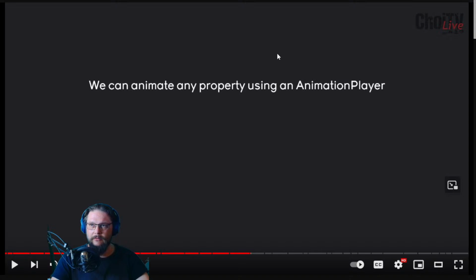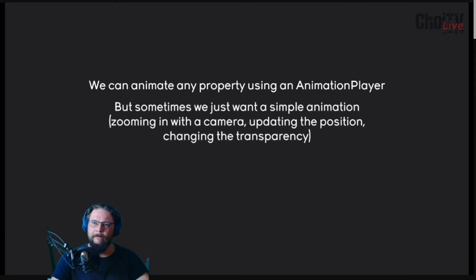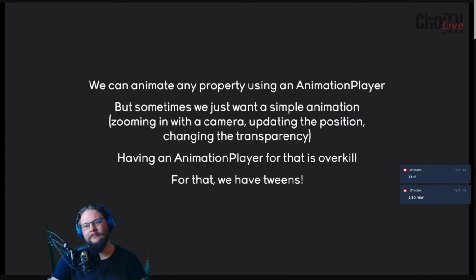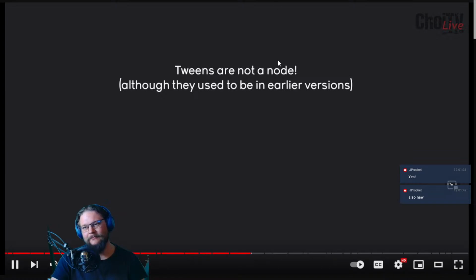Using an animation player. The thing is, sometimes you just want to have a simple animation, like zooming in with the camera, updating a position, or changing the transparency. All of these things are quite simple, and as a consequence, an animation player is overkill for them. To remedy that situation, we have tweens. And basically what they are, most importantly, they are not a node,